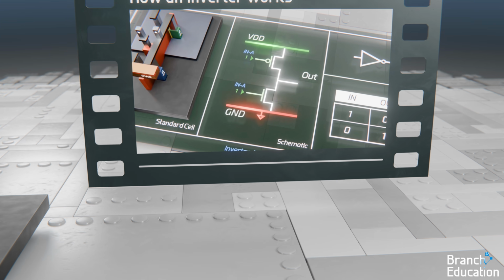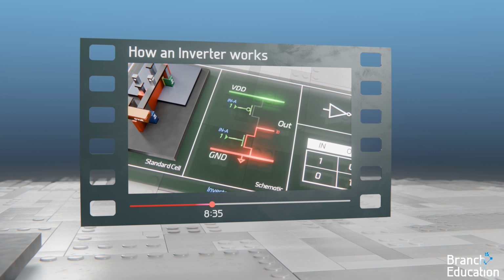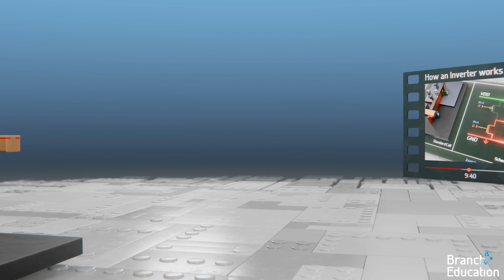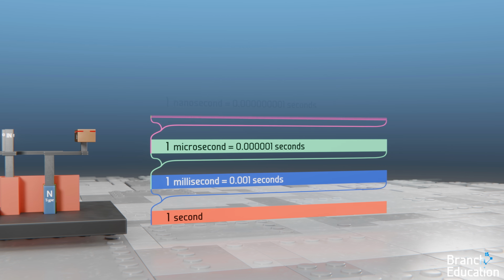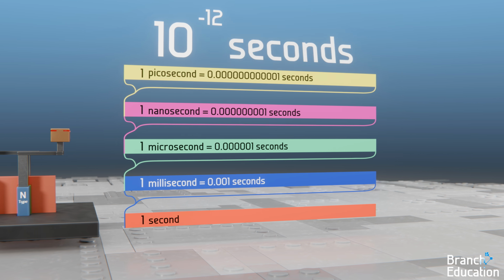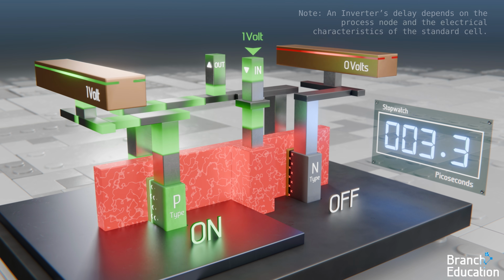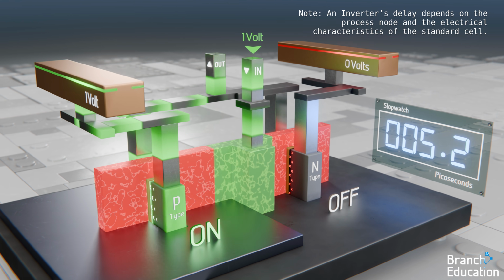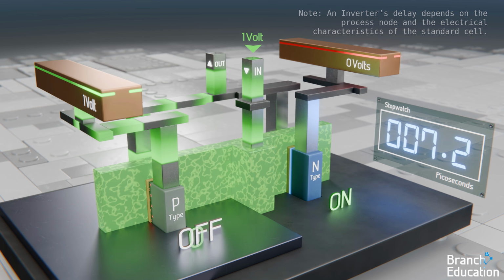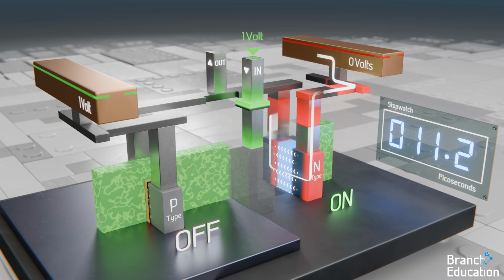The second note is that although the explanation for how an inverter works took around 10 minutes, in actuality, it physically takes just a few picoseconds, or 10 to the negative 12 seconds, between the input changing from 0 to 1 volt to the gates, and then for the transistors to change their states, and then for 0 volts from the ground rail to travel